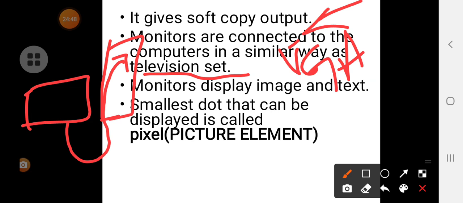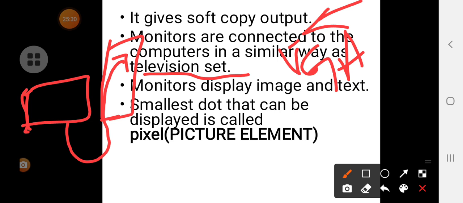So that cable will be connected to make the monitor work. Okay. So this cable is called the VGA adapter or cable. Okay. VGA means visual graphics adapter. So this is how it is connected, similar to a television set. Whatever TV we use in our homes, the monitors are connected the same way. So in monitors we are able to see images, text, and graphics, is it right? So it all will be displayed on these monitors.